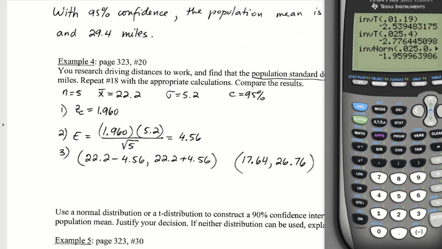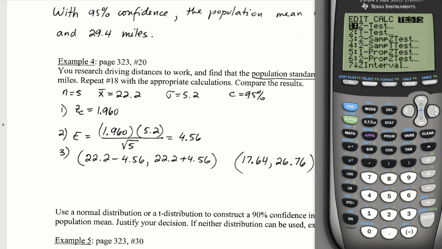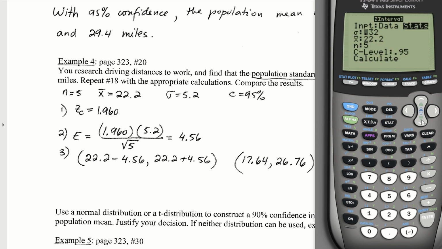We also, if you didn't want to necessarily work everything out by hand in the step, we could do the z-interval command that's located under stat. Go over to tests, choice 7, z-interval. The value for the standard deviation of the population was 5.2. Sample mean was still 22.2. We're still using a sample size of 5 and a 95% confidence interval. If we go ahead and hit calculate, that also produces the correct z-interval, 17.64 to 26.7